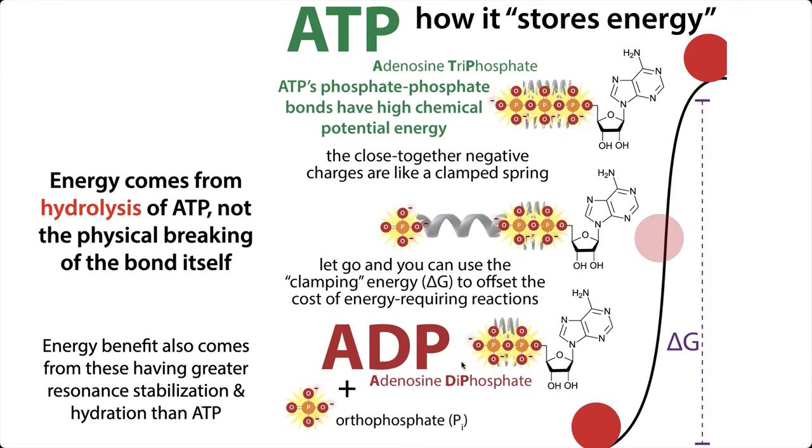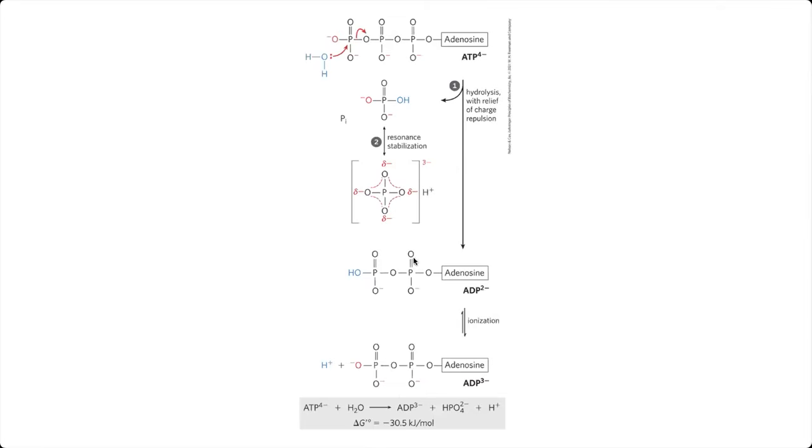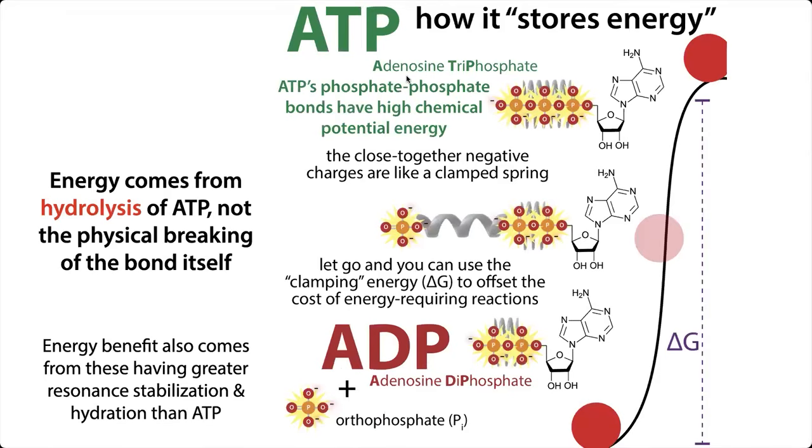And now we're left with this ADP and this orthophosphate that can go hang out with the water. And so you get these favorable hydration reactions. You also get better resonance stabilization of this inorganic phosphate, this orthophosphate, than you have in the form where they are all connected. There are other things that happen, like ionization of your ADP. The important thing I care about is that you know that it's not the breaking of a bond that generates the energy. It's the actual overall process of the ATP hydrolysis.